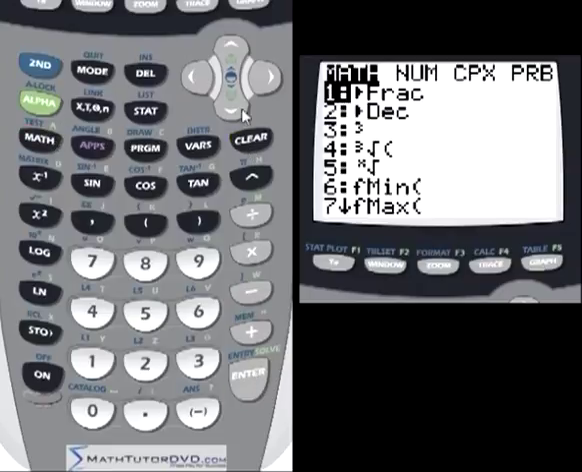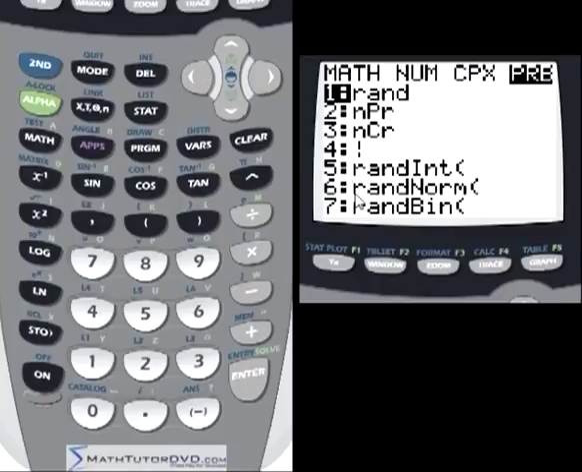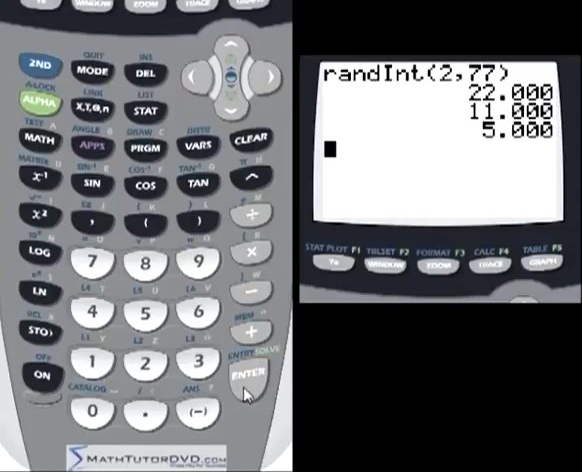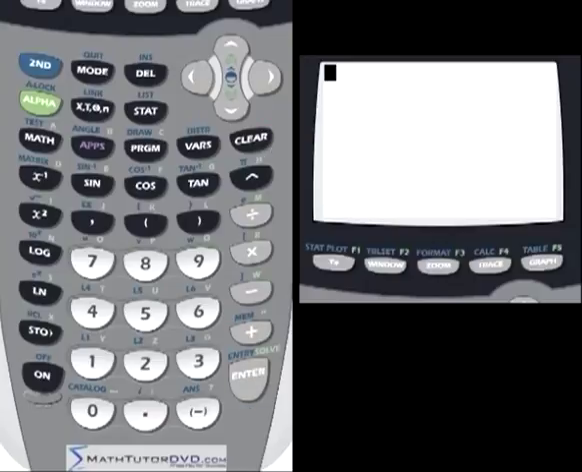If I go back in the math menu, back to probability, and back to random integer, number 5, I can put anything I want in here, say between 2 and 77. And then it's only going to generate random numbers between those two numbers. So there's 22, there's 11, there's 5. You see the point here. So you can put any numbers that you want in here. Now, if we also go back into the math menu,